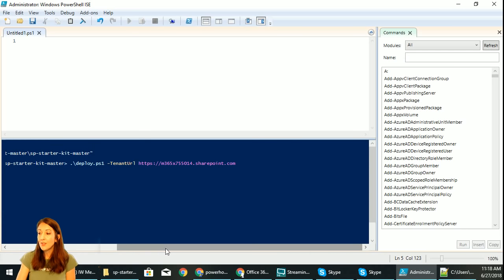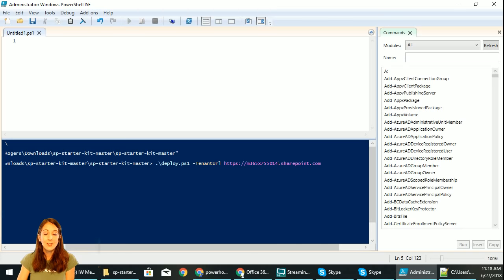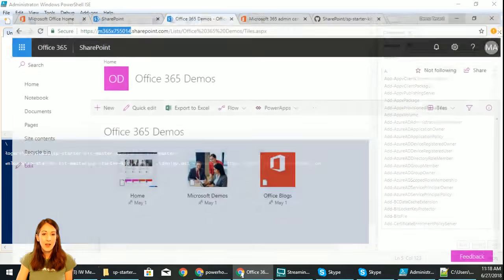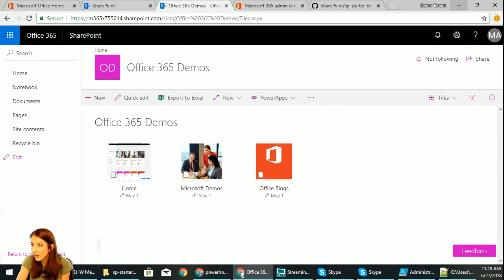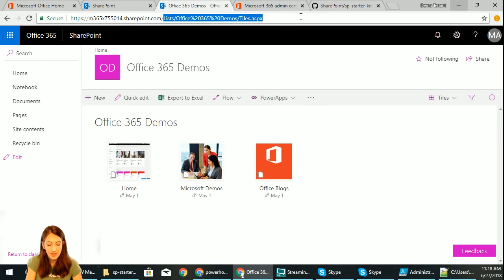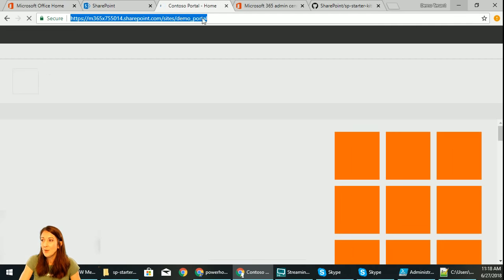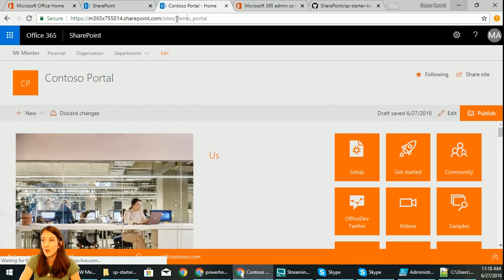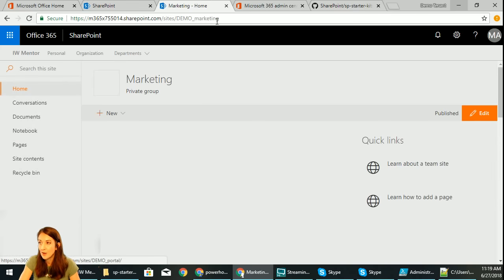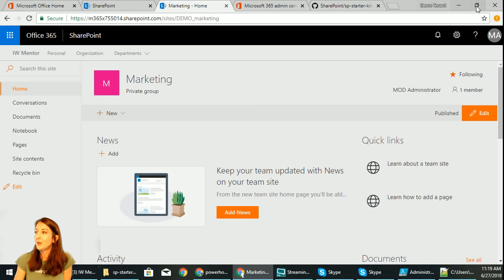There. So this is all I did. I just did their exact step of running .\deploy.ps1, putting in the tenant URL. And that used the default of demo, so it put a default of /sites/demo_portal. This demo underscore is the default of what it puts in front of each of the names of the sites that it creates, like demo portal, demo HR, demo marketing. So that's where you can use a